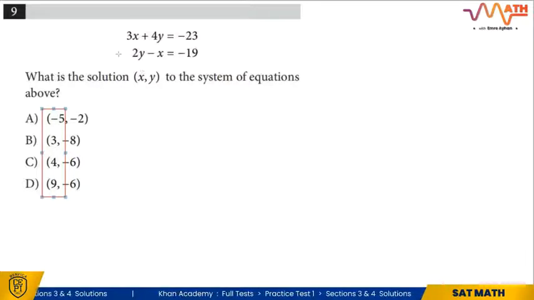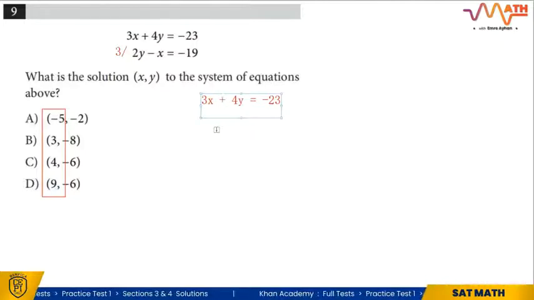So let's multiply the second one by 3 here. Let's multiply the second one by 3. So the first one will be the same. 3x plus 4y is equal to negative 23. And when you multiply by 3,